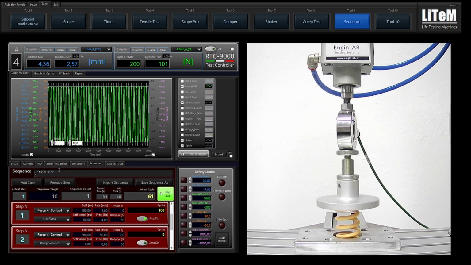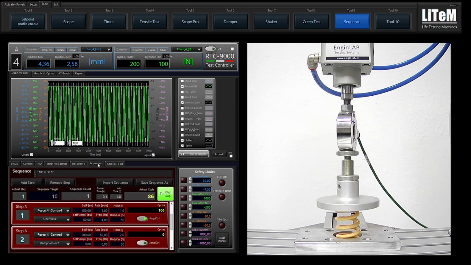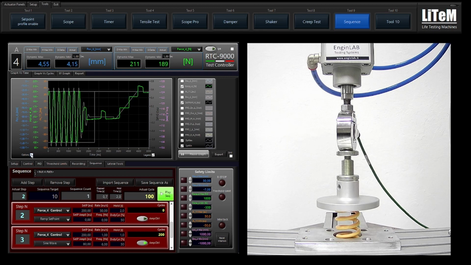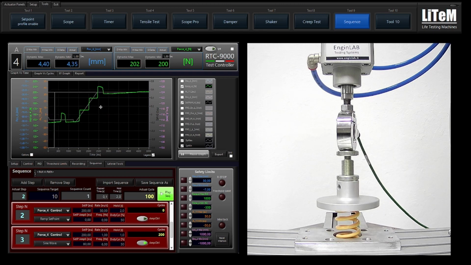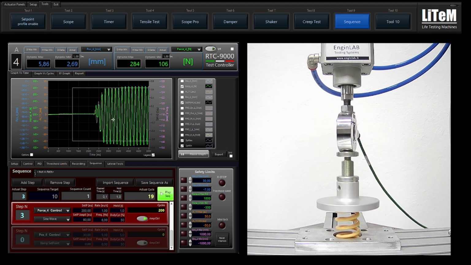That is our request, and you can check here the values. There is a little stick slip on the actuator, but because the forces are so little,